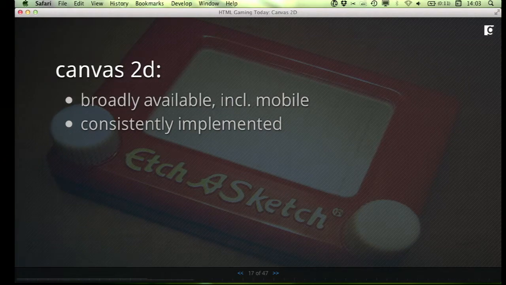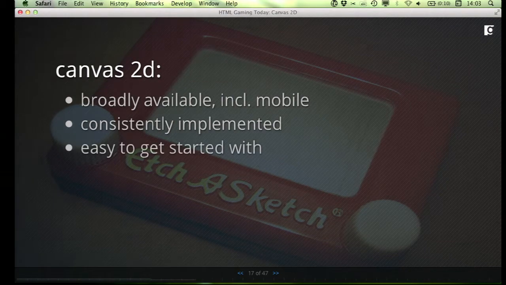It's probably the most consistently implemented API I've ever worked with on the web, almost shockingly so. Very little browser-specific issues or variants in the API. Very easy to get started with. A couple lines of code, you can see something getting drawn on the surface. So it's very linear in terms of learning.